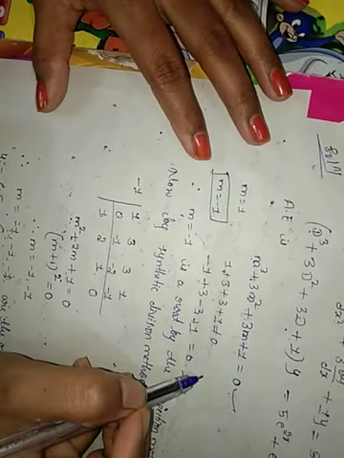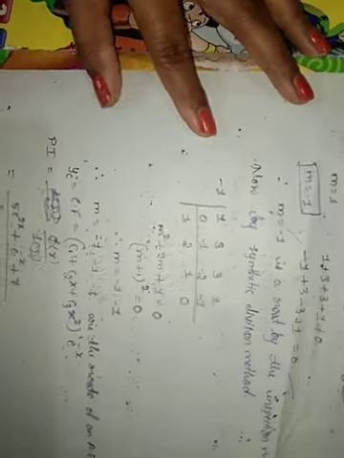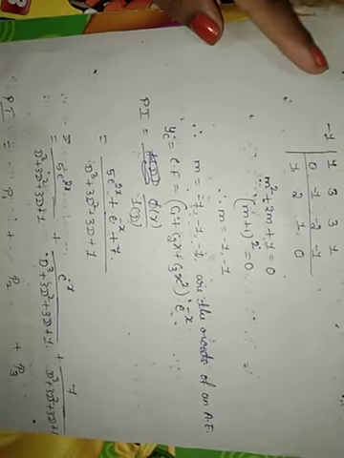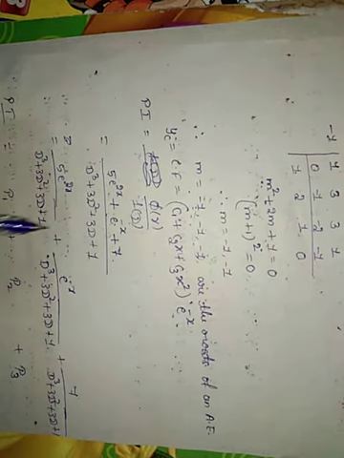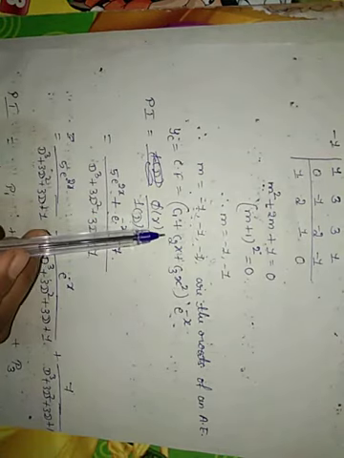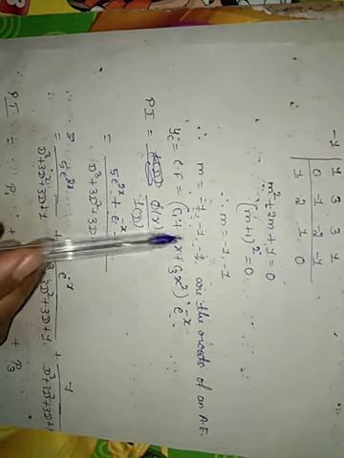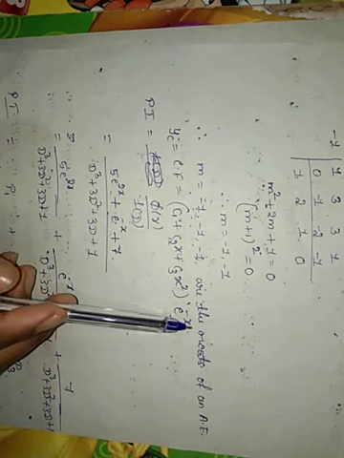First we find the root by inspection and synthetic division. So we got the three values, m equal to -1, -1, -1. All three values are the same here, so the roots are repeated and real. So the complementary function for the repeated roots is (c1 plus c2x plus c3x square) into e raised to minus x.